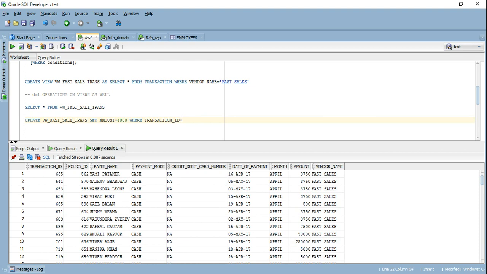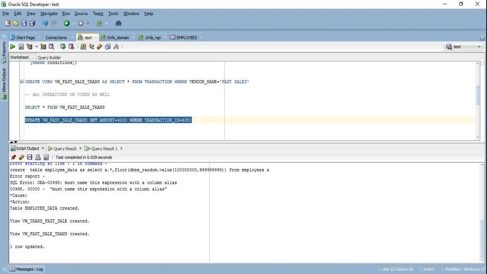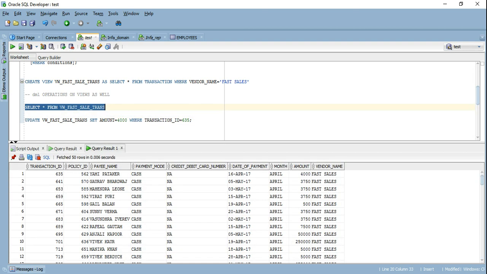So the first row, where the amount is 3750, I'm going to update to 4,000. Since DML operations are supported in a view, this should work fine. It says that one row has been updated. Let's see if it actually got updated. If you see, for 635, now we have the amount as 4,000. That means DML operations are supported on views as well.